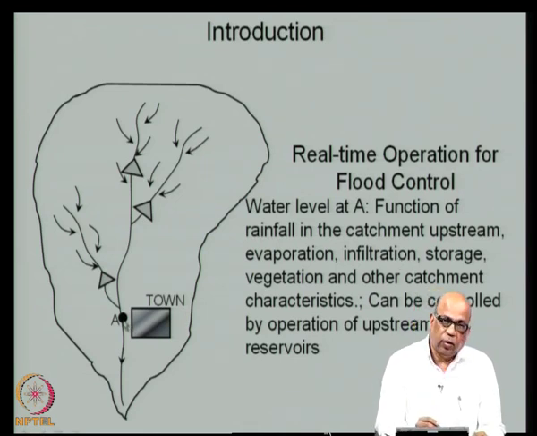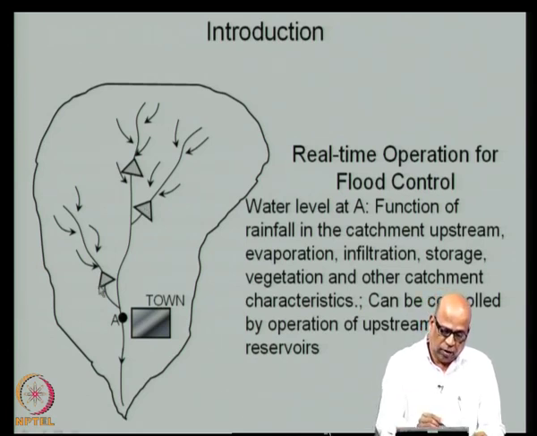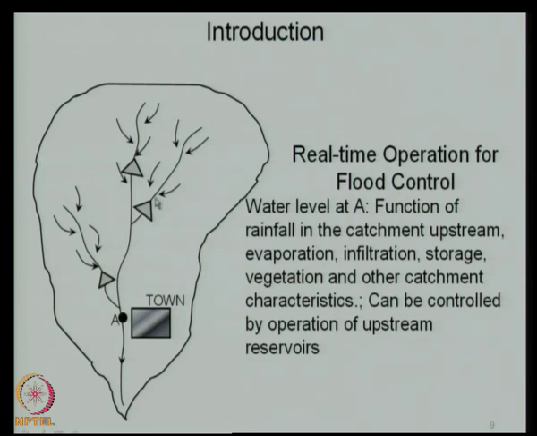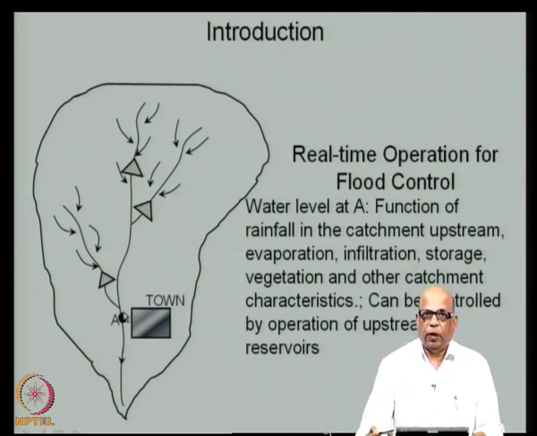But the water level at this location or the discharge at that location can in fact be controlled by properly operating these reservoirs upstream of this. So, this is what we do in real time operation of the reservoirs. So, we look at all the water levels at various reservoirs and then make a decision at this location. Similarly, we look at the water levels in various reservoirs, as well as what is the current discharge here, as well as what is the forecasted rain for the next few hours, next few days and so on, and then make decisions at these locations, such that this town is protected from floods.